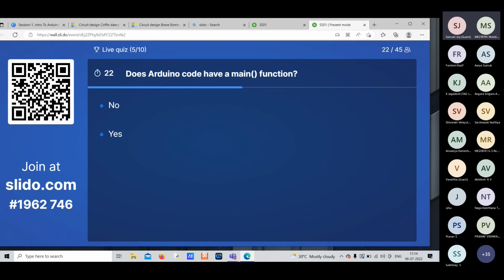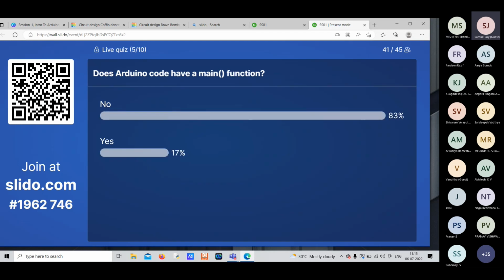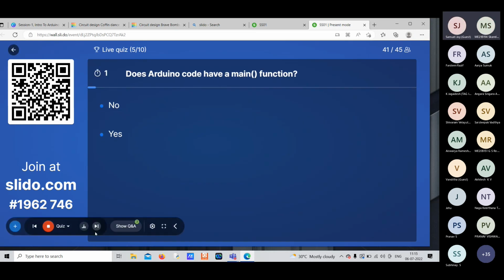For this question, what we meant by the main function was the function that you would find in almost every programming language, let's say C or Python. You would have a main function. And is it there in the Arduino programming language? But unfortunately, the answer